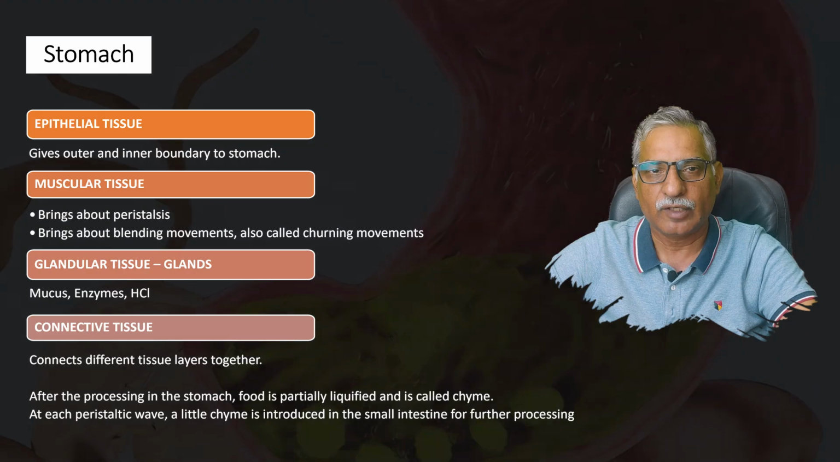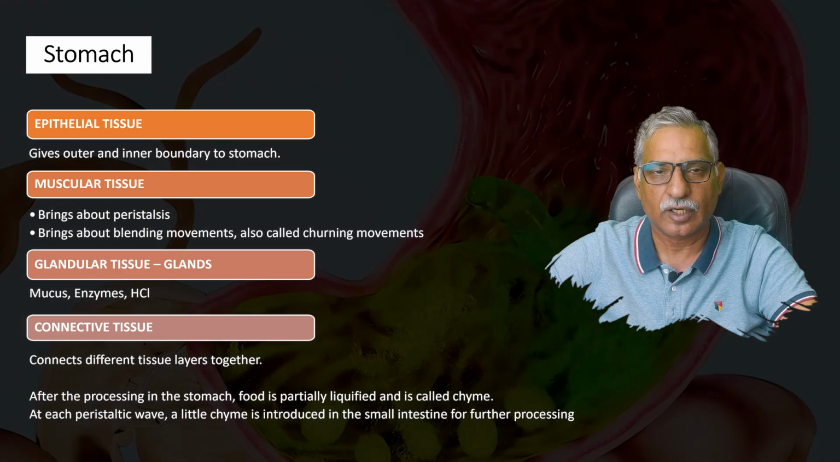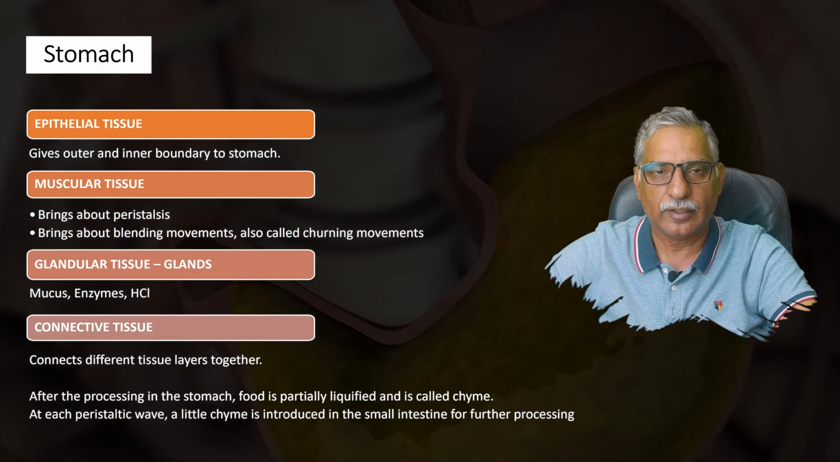So the peristaltic wave that started its journey at the start of the esophagus ended up at the cardiac sphincter, but the peristaltic wave that started its journey from the start of the stomach, when it reaches the small intestine end, makes the pyloric sphincter open, and a little chyme is pushed into the small intestine where